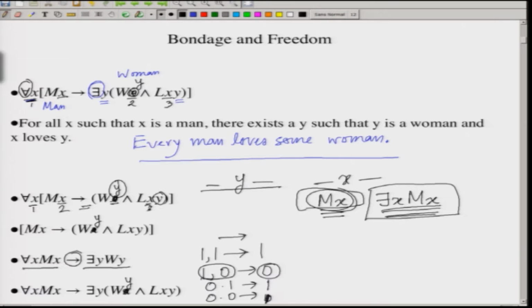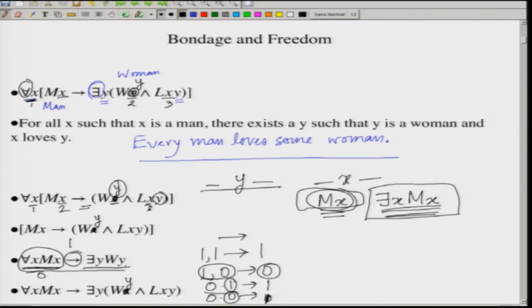In this case, if everything is a man, which is definitely not true, because this is 0, whatever you do, it will have just one case. So, let it be 1, the truth value will be 1, let it be 0, the truth value will be 1. So, this is called vacuous truth, where the antecedent part of a conditional statement has the truth value 0. So, naturally the sentence receives the truth value true.